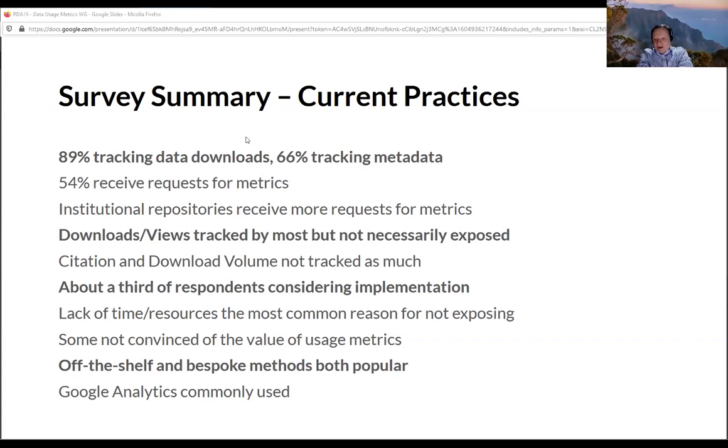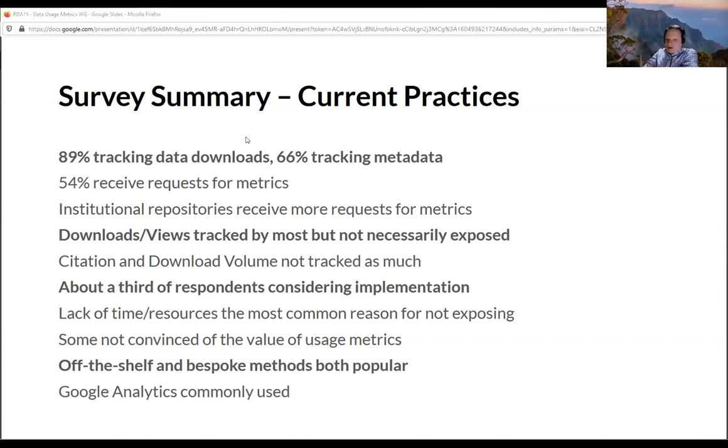And whilst downloads and views are being tracked, people aren't really paying so much attention to citations and download volumes. About a third of respondents were considering implementation of some form of reporting of data usage metrics, but the most common reason for this not happening was a lack of time and resources. Perhaps there was also some skepticism around the value of exposing these usage metrics.